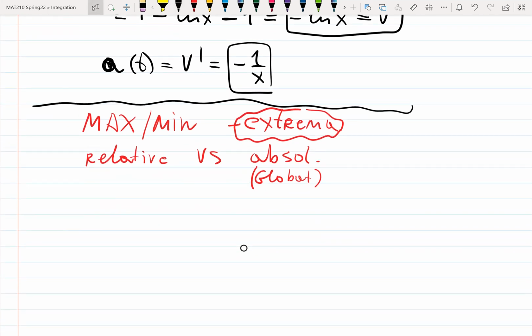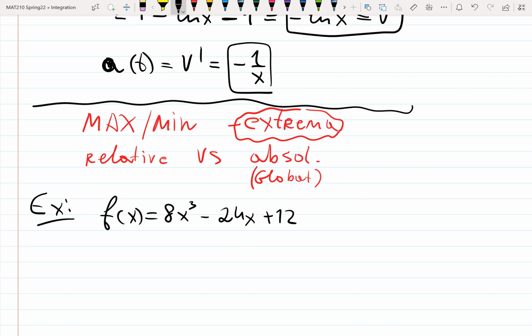So let's do it. From the graph or from the function. It has a relationship with critical points. Example. That's from review number 7. So f of x is 8x cubed minus 24x plus 12. A, find,